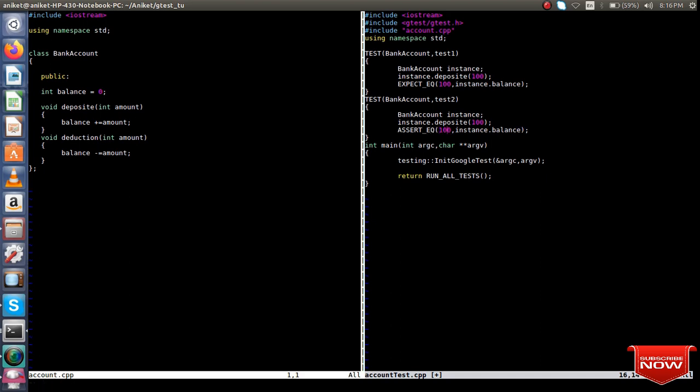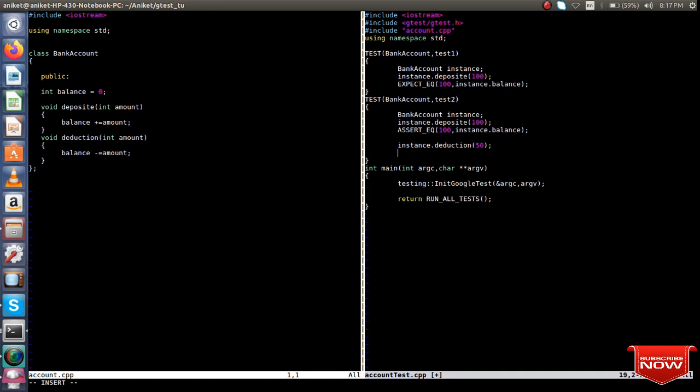equal to, also, sorry, and also let me deduct some money from my account by calling deduction. I'll deduct 50 rupees from my account where I have deposited 100 rupees.